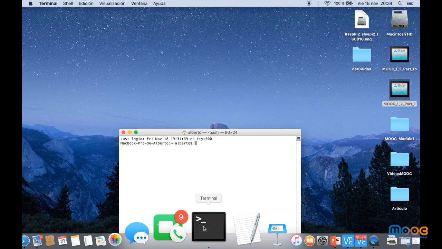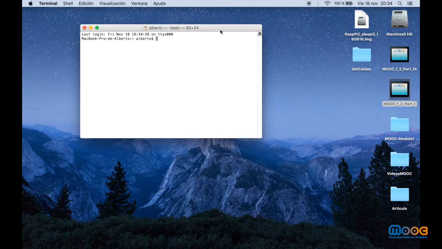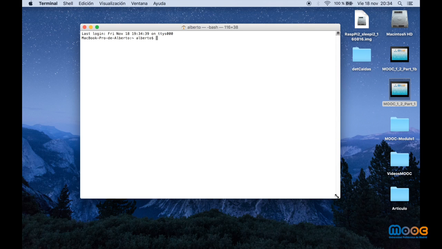I open a terminal. In Windows, you can use any software that allows you to make SSH connections, and then I write ssh. The user, in my case, is pi, at 192.168.2.14, and then I write the password.